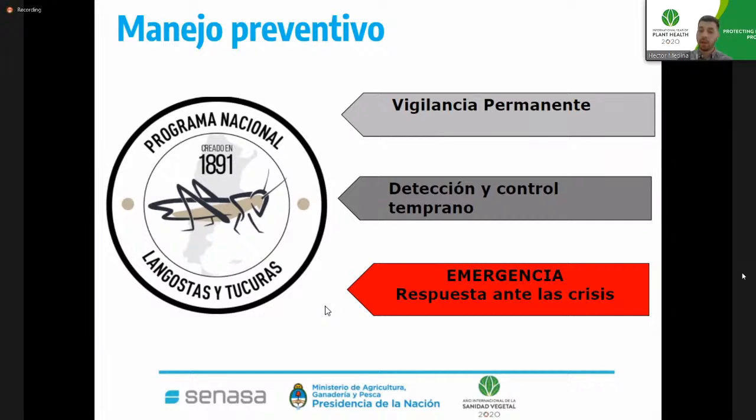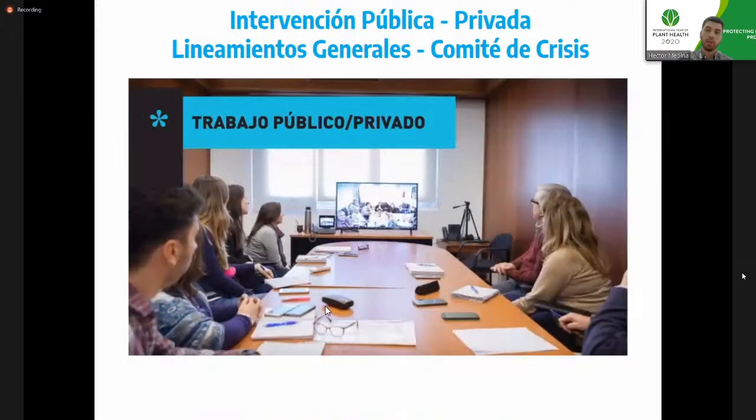Preventive detection in Argentina has also addressed the emergence as well as resurgence in southern areas of the continent, areas where the locusts haven't entered, because of Brazil and Uruguay, for example. Preventive management also addresses emergencies in another manner. We focus on responding to crises, putting out fires, for example, to be able to reduce the impact that the pest can